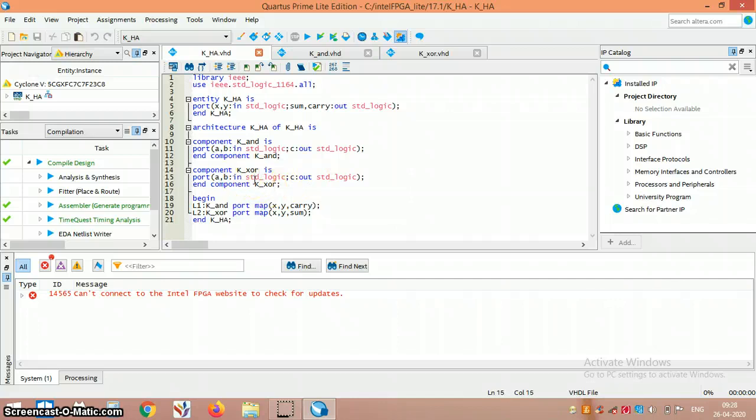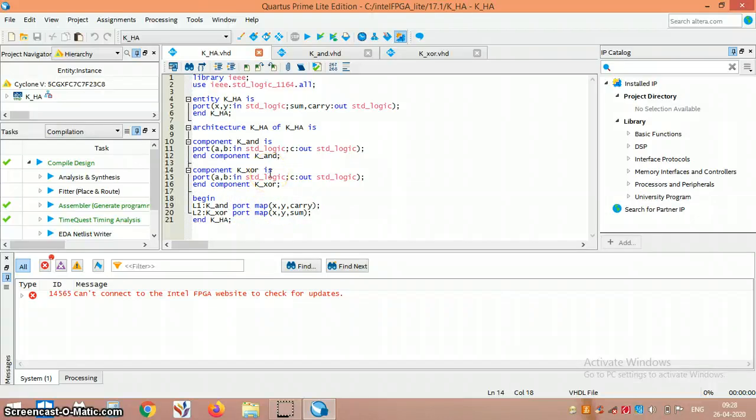And here you can see that I have used the structural method. For that reason I have to use the word port map. For the port mapping I have to declare the particular block with a name. The name is given as L1, where L1 is nothing but the block that defines the port map of the AND gate.